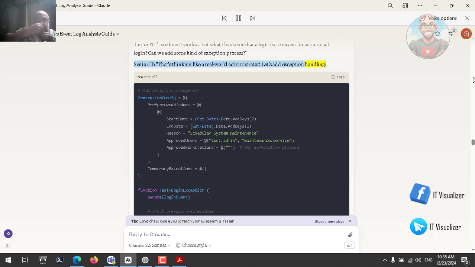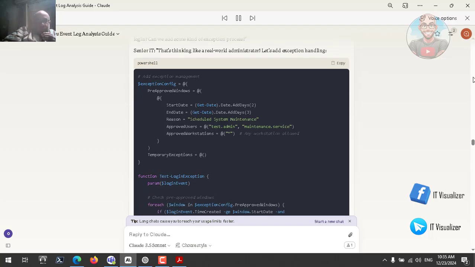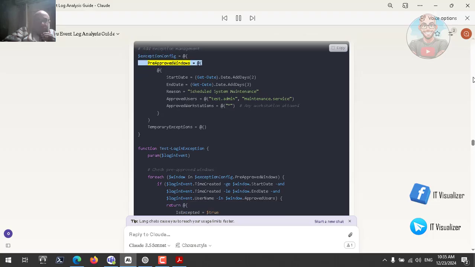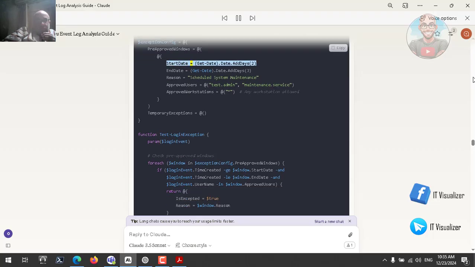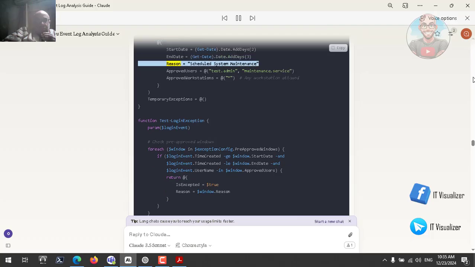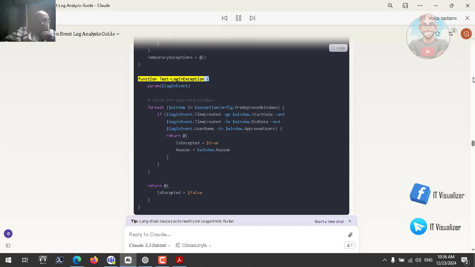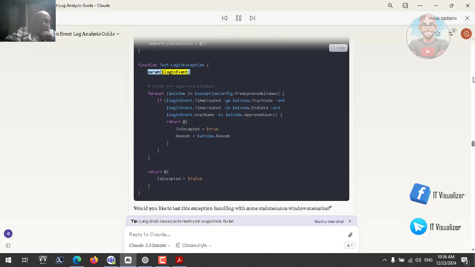Let's add exception handling. PowerShell. # Add exception management. $exceptionConfig = @{ PreApprovedWindows = @( @{ StartDate = Get-Date).AddDays(2); EndDate = (Get-Date).AddDays(3); Reason = "Scheduled system maintenance"; ApprovedUsers = @("test.admin", "maintenance.service"); ApprovedWorkstations = @("*") # Any workstation allowed. TemporaryExceptions = @() } function Test-LoginException param($loginEvent)